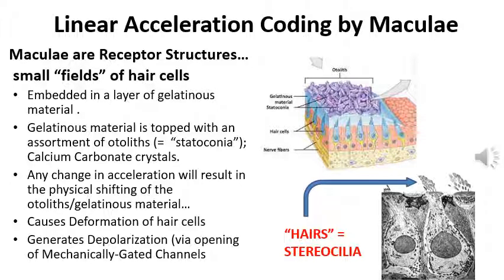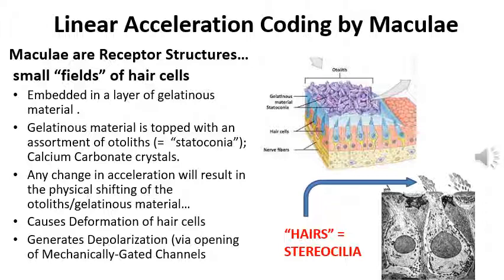But looking up close at a macula, it's nothing more than a small field or arrangement of hair cells. These hair cells look an awful lot like the hair cells that we saw in the organ of Corti. As a matter of fact, they've got little hairs called stereocilia, and they're going to operate the same way. If you deform a hair, you can open mechanically gated channels and initiate a depolarization. And so that depolarization is going to result in an action potential that represents some amount of information that's going to be carried to the vestibular cortex of your brain